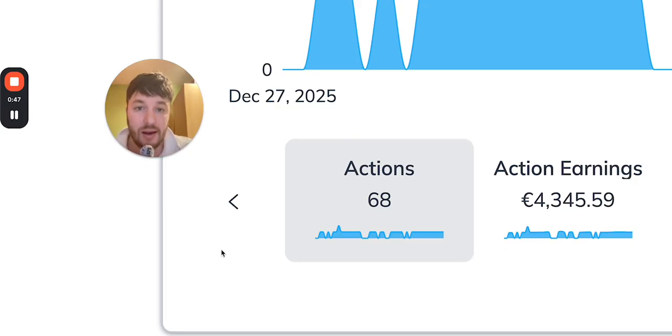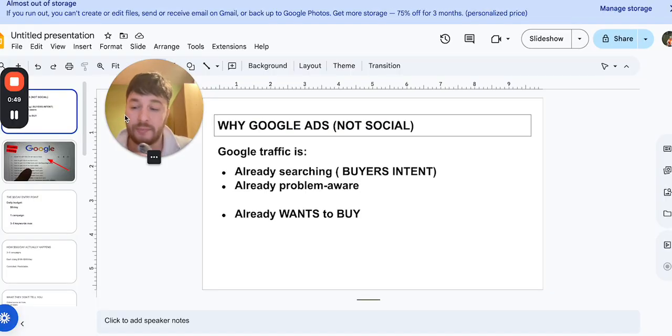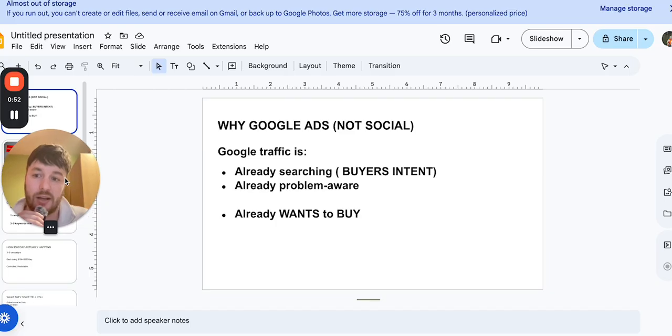So as you can see over here, right, I'm going to show you why we are choosing Google Ads. Okay, the number one reason why is because Google traffic, it's all about buyers clicks, buyers intent. For any sale to happen, you need to have audience in the problem state. Okay, so with Google Ads, Google pay-per-click ads, with text, what we do is we put an audience in a problem state and move them into the solution state. Okay, because all the sales and conversions of traffic, of audiences, are happening only in the solution state.